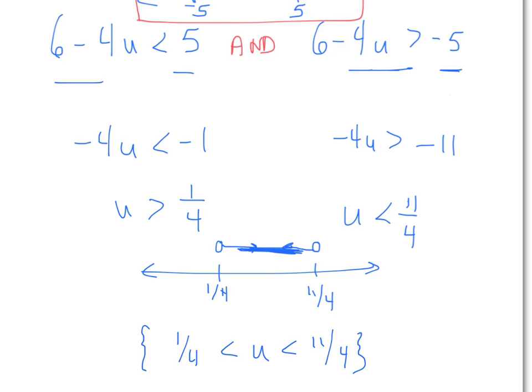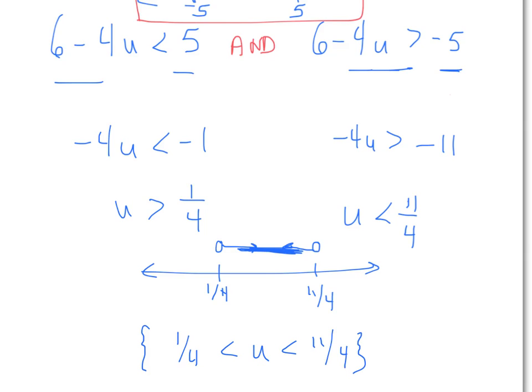Okay? What's an easy way to check that your answer is right? Because this one's a little bit tougher, obviously, because there's many solutions, right? What would you do to check that your answer is generally right, that you think it's right? You have a range of numbers, so what might you do? We plug a number in that is between, that could be u. Yeah, exactly. So a number like 1, right, or 2, those integers are in between, because 11/4 is 2.75, and 1/4 is 0.25. So I would test integers like 1 or 2 in my original and see if that is